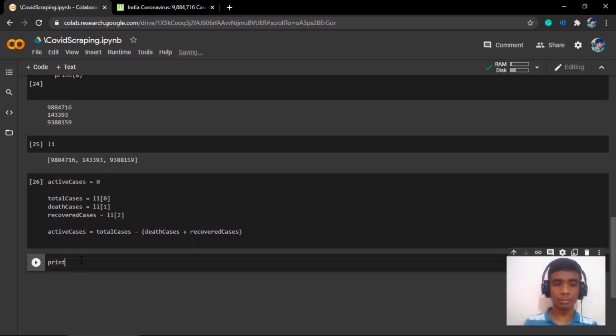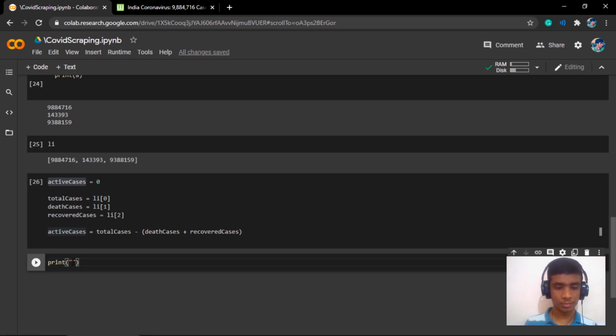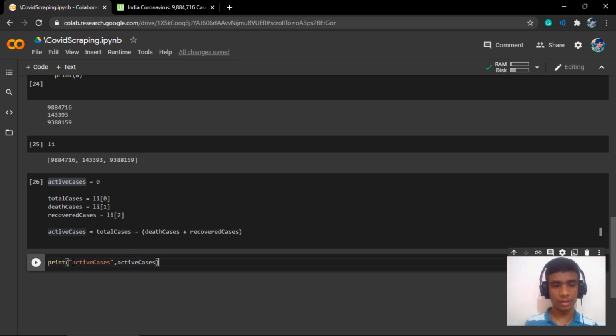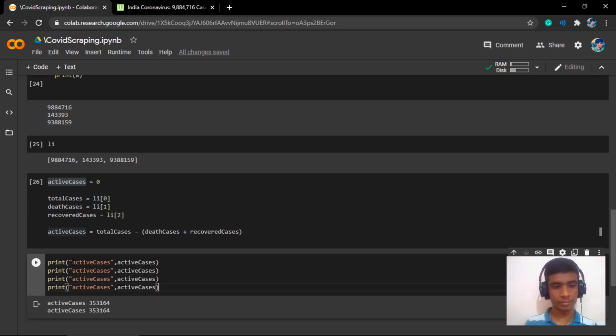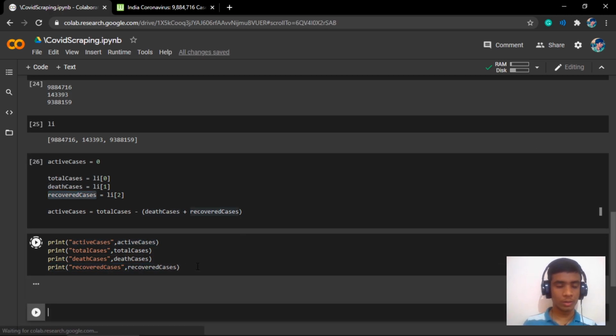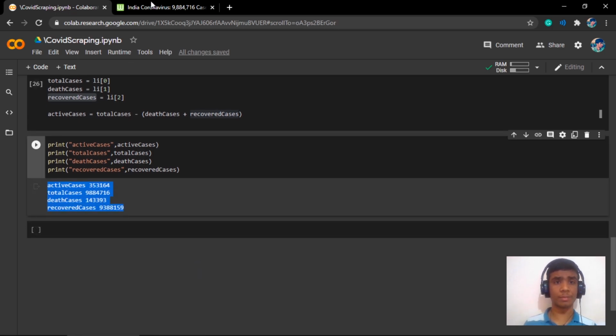Now we can simply print active cases, copy a. Now we should have the entire data, right? This data is being pulled from the internet, so it will be up to date.